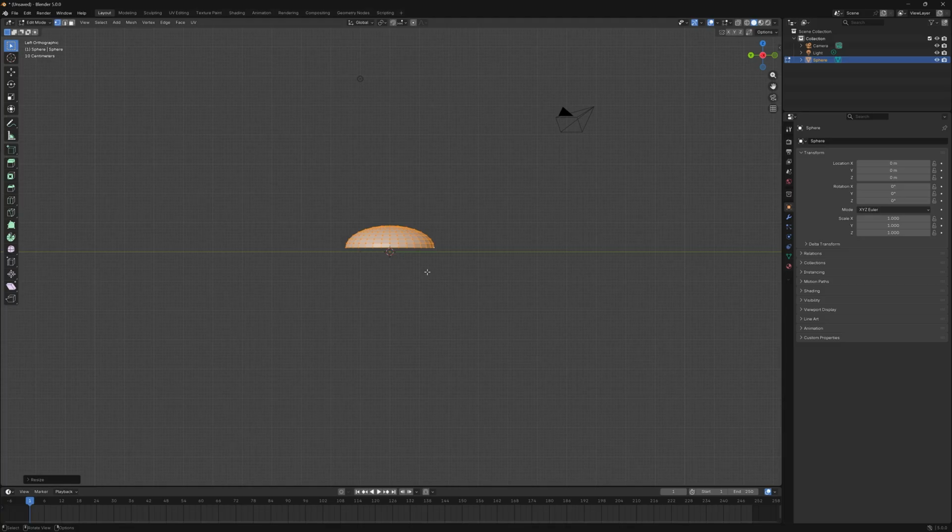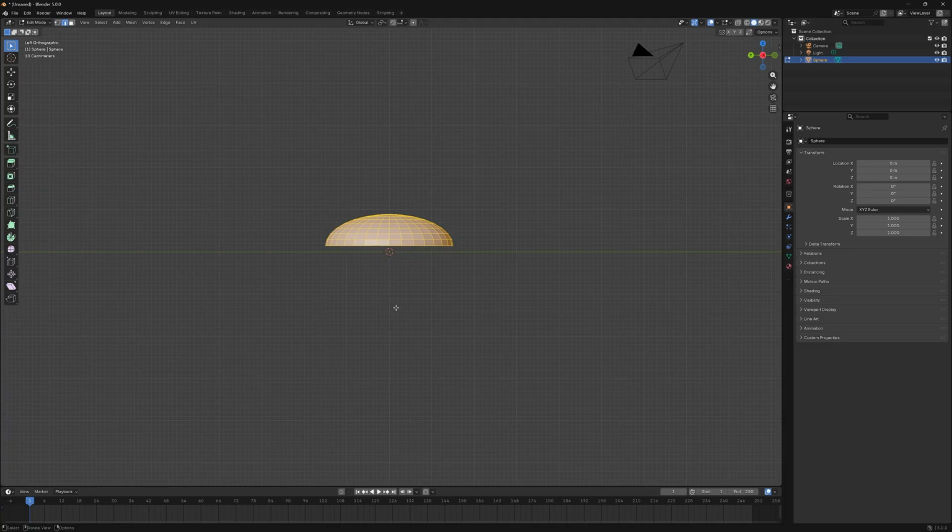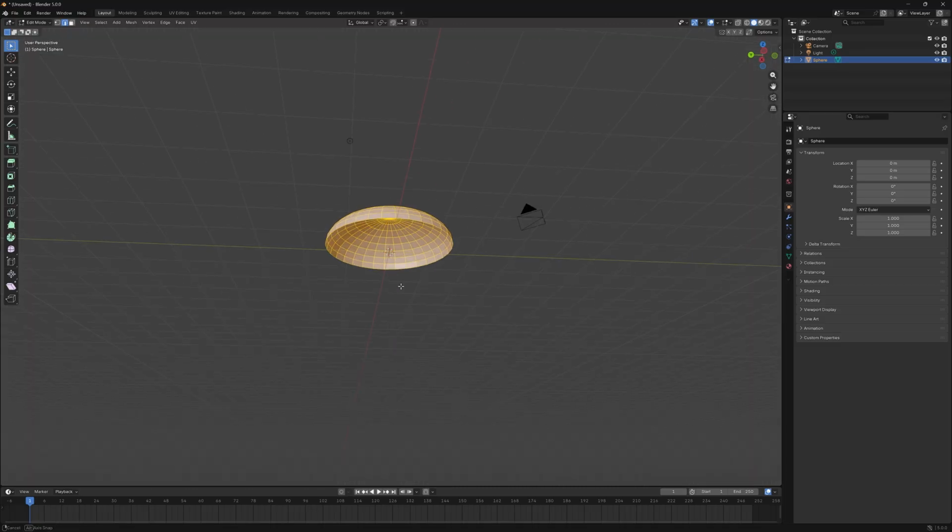Next, let's reshape our cookie to feel more organic. I'm going to switch to Edge mode and zoom in here. I'll also look at the underside of the cookie. For the next edit, I want to select the entire bottom edge rather than just a single edge. So I'll hold down the left Alt key and click on a section of the edge. That will select all of it. Now press E to extrude and S to scale. Move the bottom edge in a little bit. Now let's repeat the process one more time until there's a small circular hole left in the bottom of the